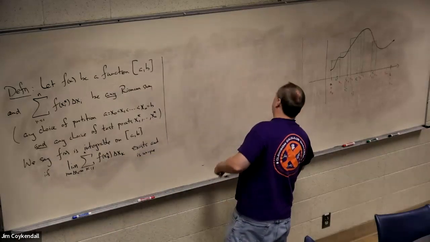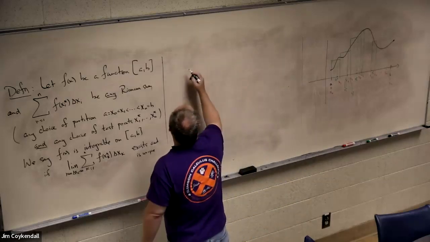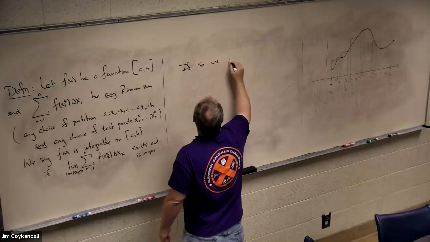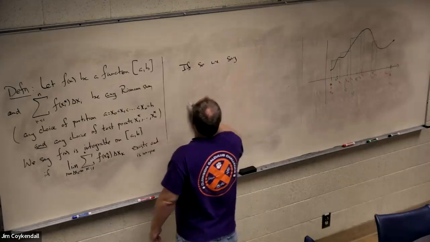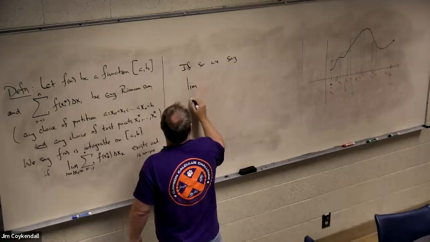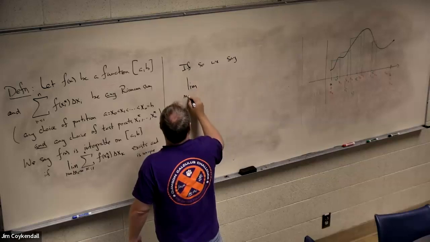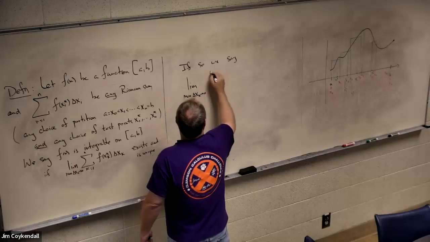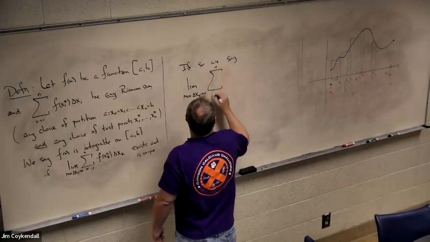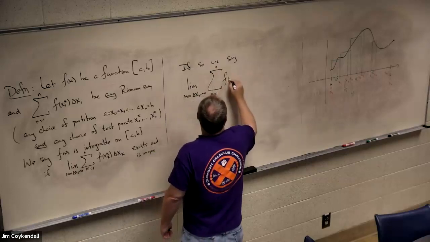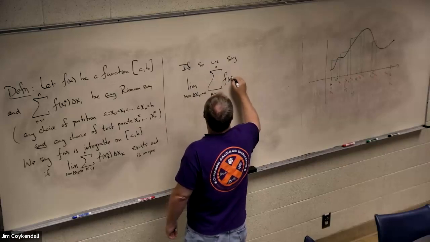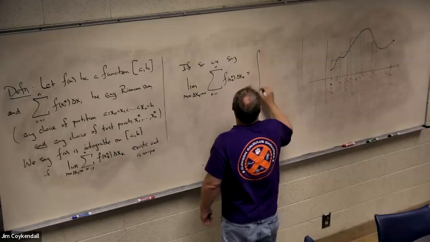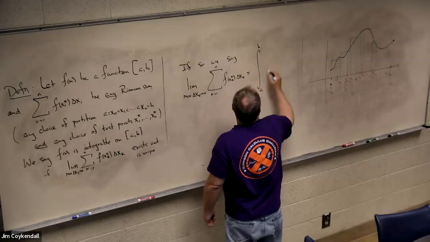Now, in this case, we say the limit as the maximum delta xk goes to 0 of the Riemann sum, and this is